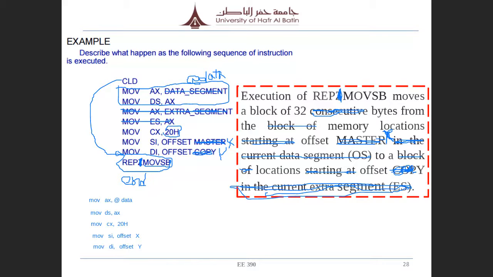Okay, and then end. B, and that's it. So that means